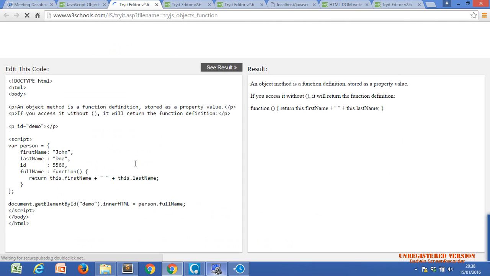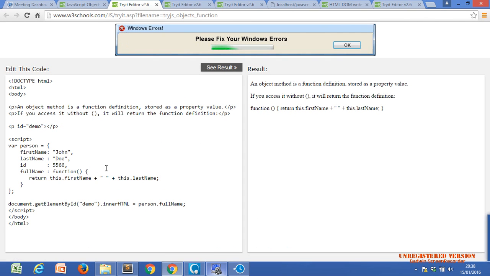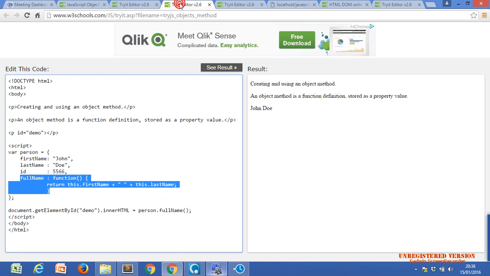Person.fullName. How do we use fullName here? We use fullName with brackets.